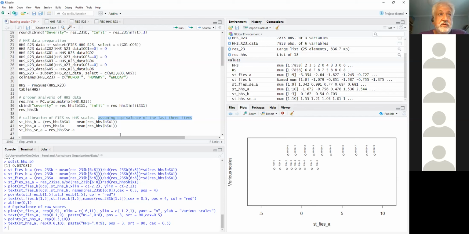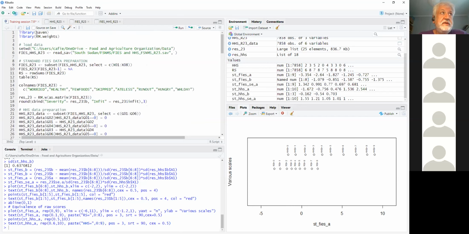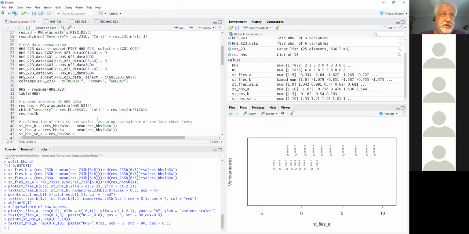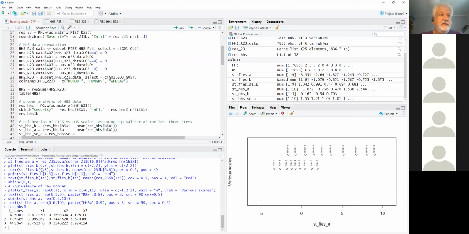This is only because of a decision that has been made in coding this result into the RM weights package. Unfortunately, Sarah is not online today, otherwise she would be able to explain why she took this approach as opposed to others. But what I wanted to insist is that